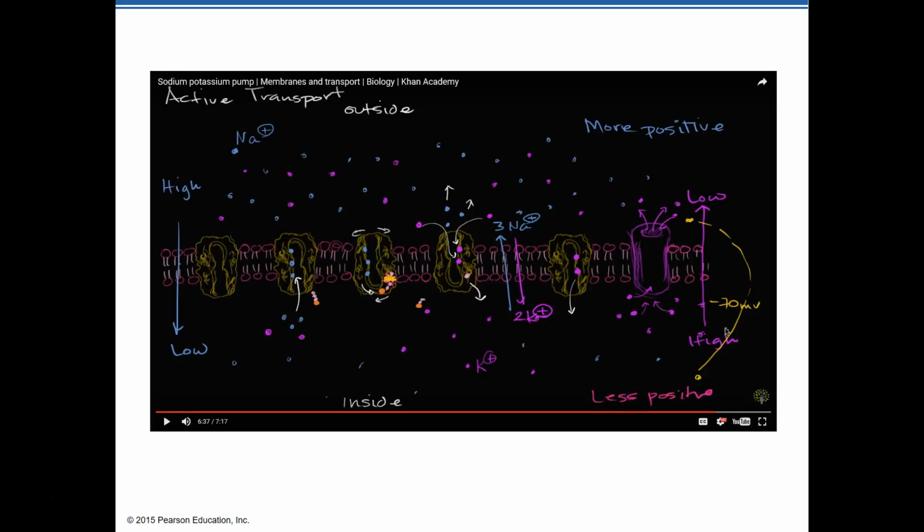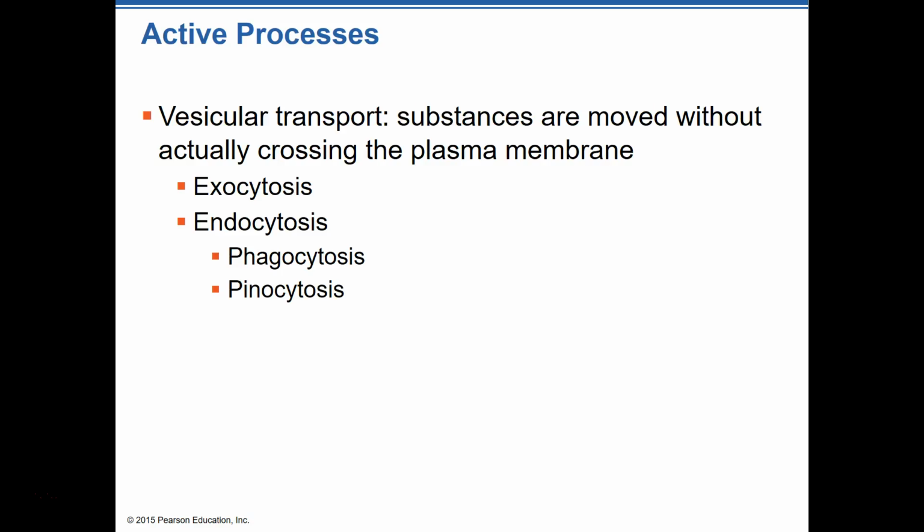normal. But also they're going to be working a little bit the whole time anyway, just not real crazy, because of those leak channels where we're leaking some potassium out, or maybe sodium may be leaking back in through the membrane. So that's kind of how that sodium and potassium pump works.